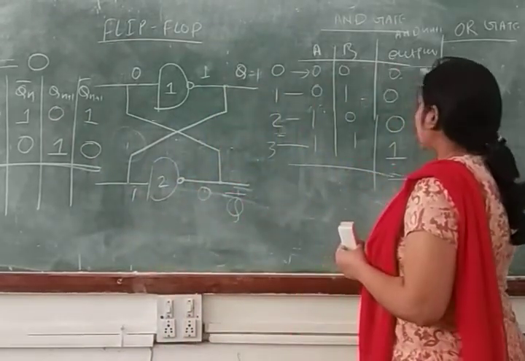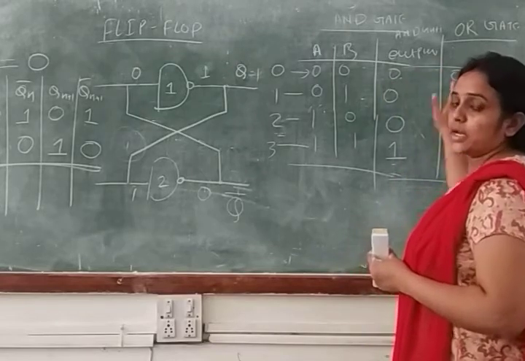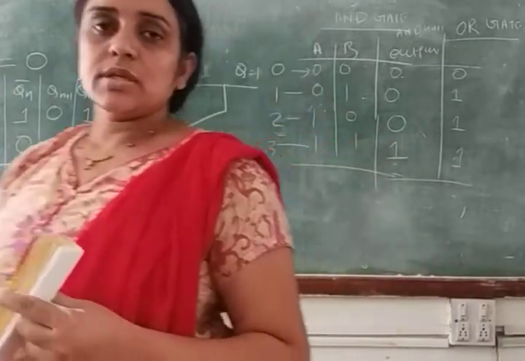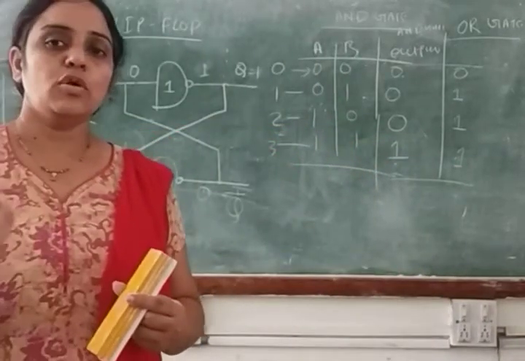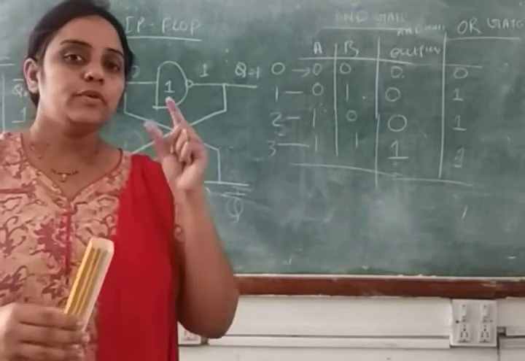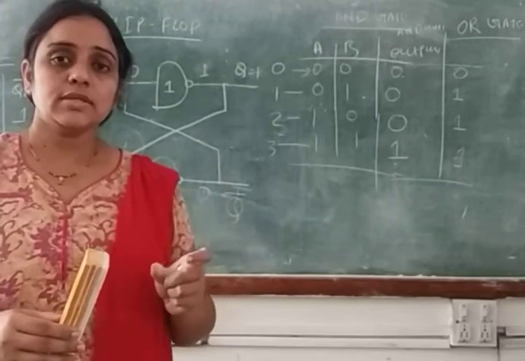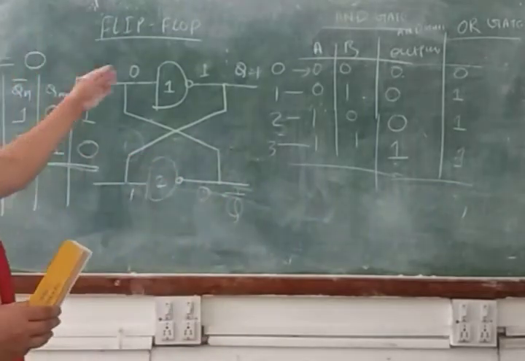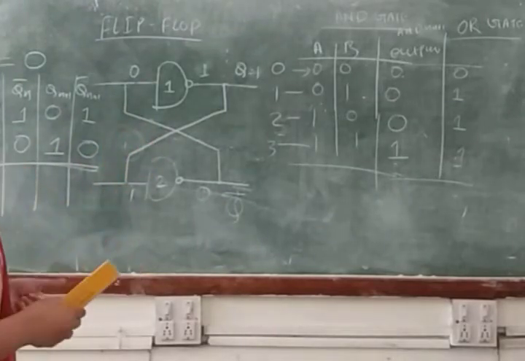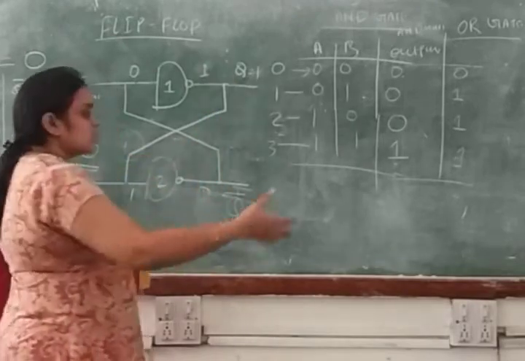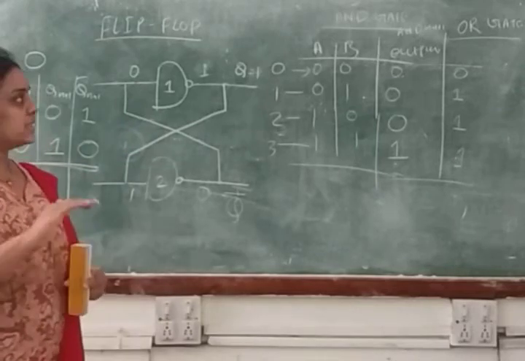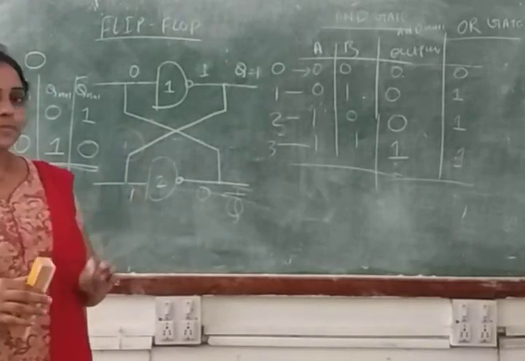These are the truth tables of your AND gate and OR gate, and you have to memorize them. Please keep in mind the characteristic tables of your basic gates like AND gate, NOR gate, OR gate, NAND gate, and NOT gate. Because if you know the characteristic tables of these gates, then you are able to solve this type of structure. Otherwise you will face problems solving this type of structure, because most of the time we are not assuming this. We can directly solve this circuit according to the characteristics of the gate. Clear? So in this lecture we are ending this session here.